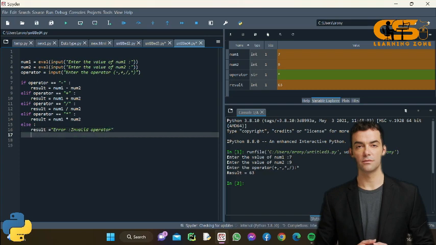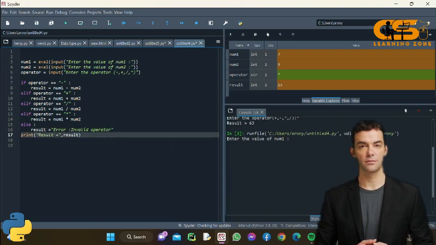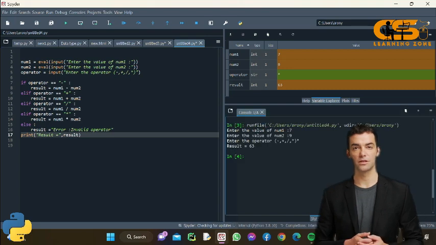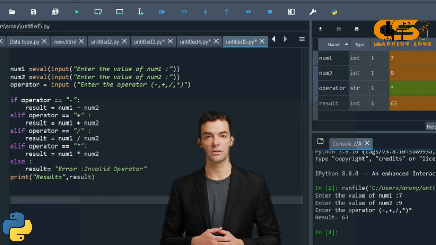else: result = "Error, invalid operator". print("result =", result). Run this program. Enter +, -, *, /, * ... Result = 6. This Python program is a simple calculator that takes input from the user for two numbers, number1